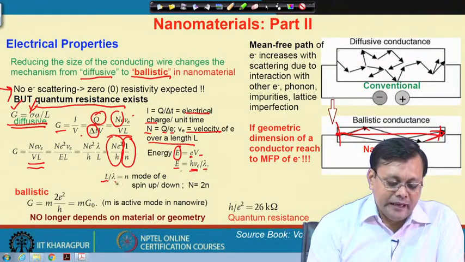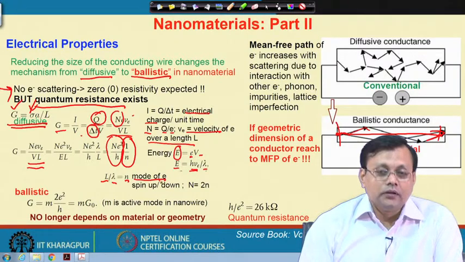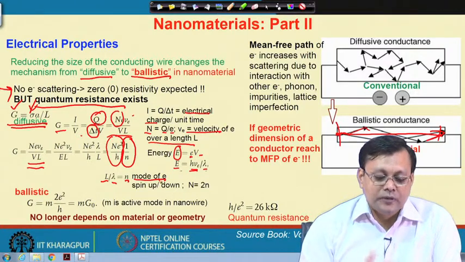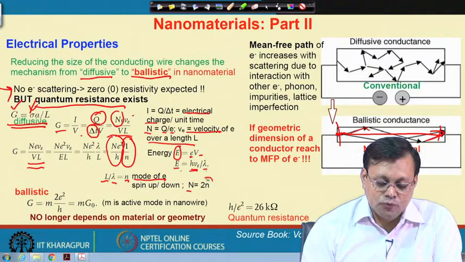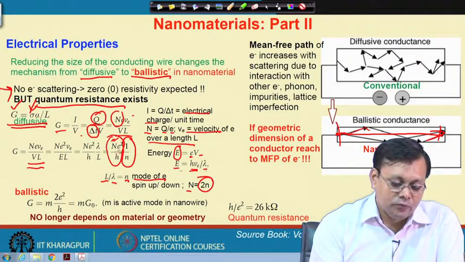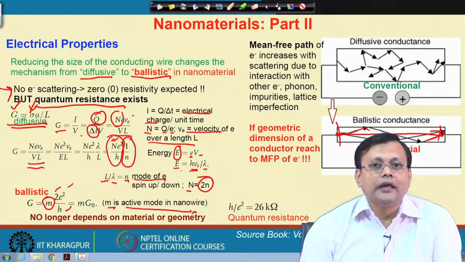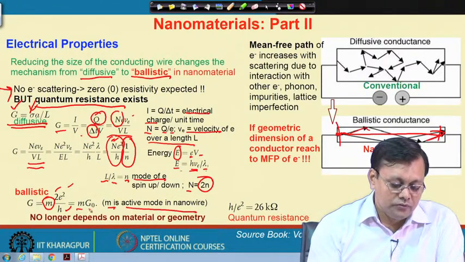And here L by lambda is basically n, which is the mode of electron. Mode of electron basically means whether it is spin up or spin down. So, there are two possibilities. So, n is equal to 2 n. So, if we put n equal to 2 n, then we get 2 e square divided by h and a constant m, which we call the active modes in the nanowire. So, m into G0,